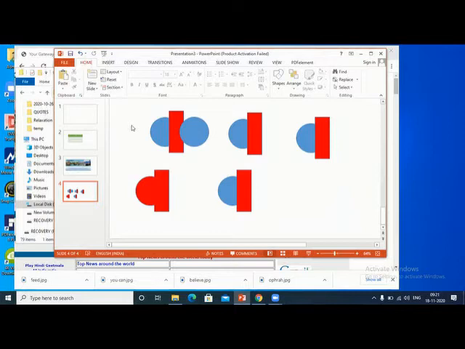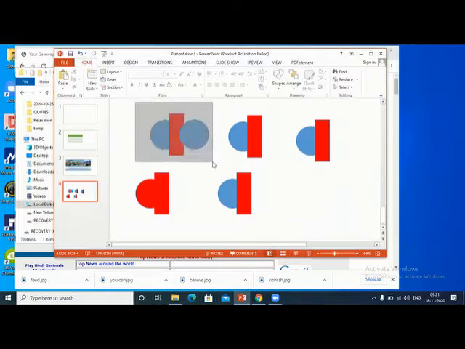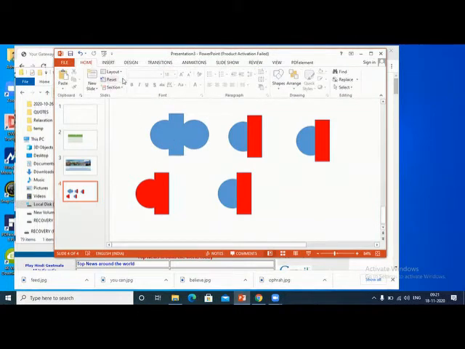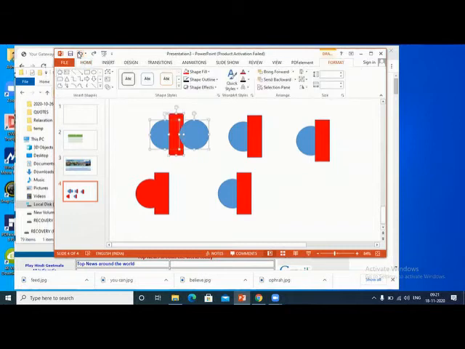At the same time, if I join here, the color is different. Why? Because that depends upon which object it selects first. In this case, when you use a selection window, it selects this first. So that is why this color is coming here.